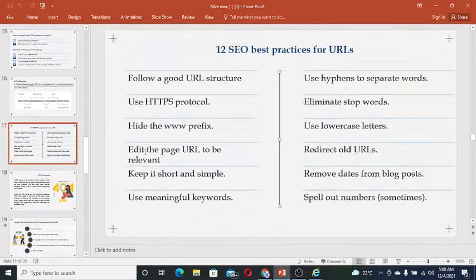Next, edit the page URL to be relevant to your keyword. It should be short and simple. A meaningful keyword should be used. Most likely you have to use the primary keyword of your page, which is used in the H1 tag, and you can use hyphens to separate words. Eliminate stop words. Stop words like these can be eliminated from the URL structure,